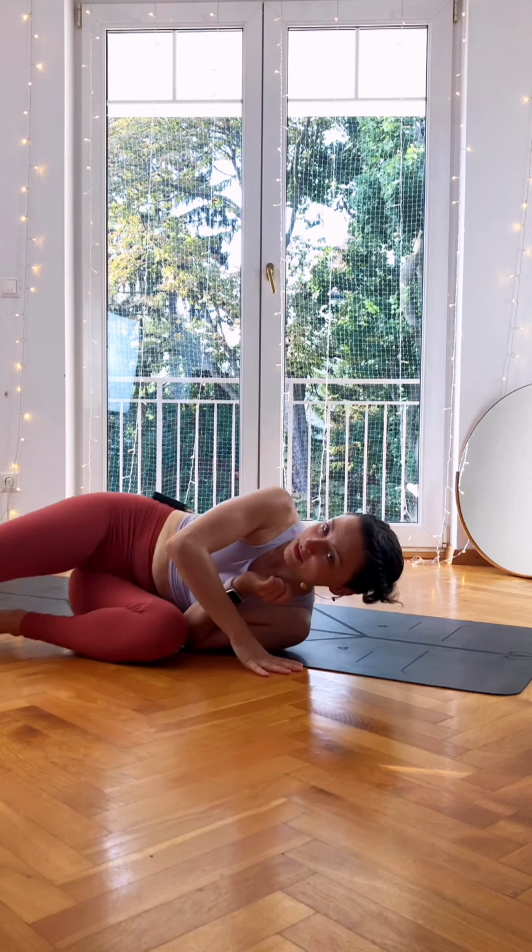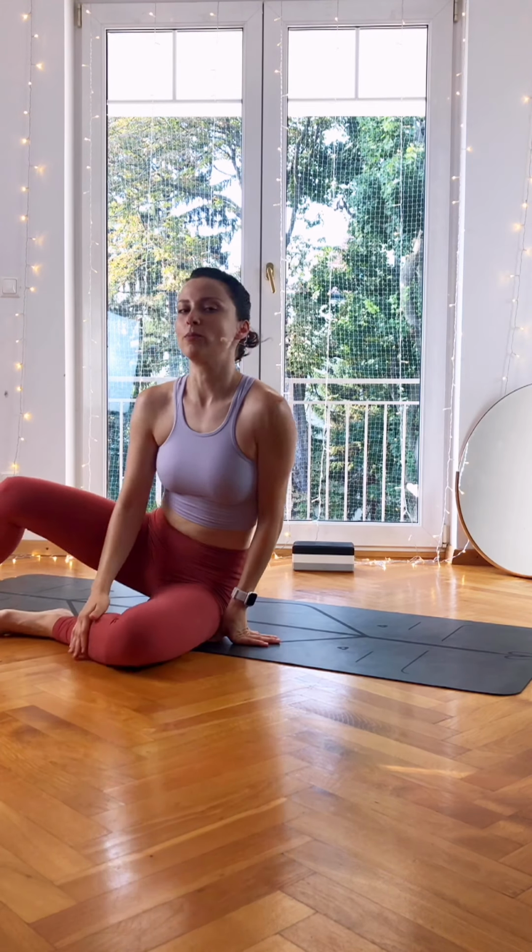Okay, for the wheel pose, the same applies. The legs stay the same. You come up even the same way. You just need to add the arms and the hands. For this one, it's not so accessible for many people, especially if your shoulders are